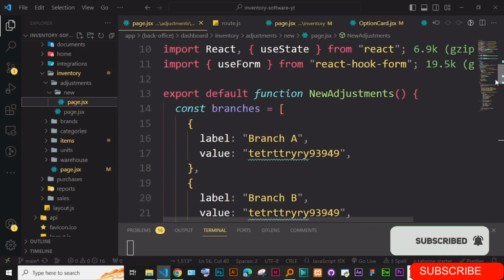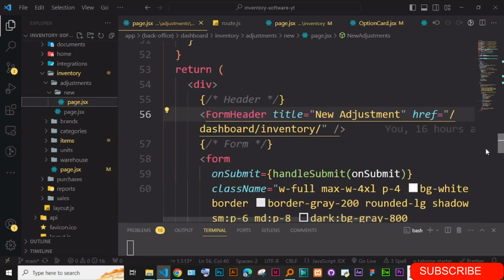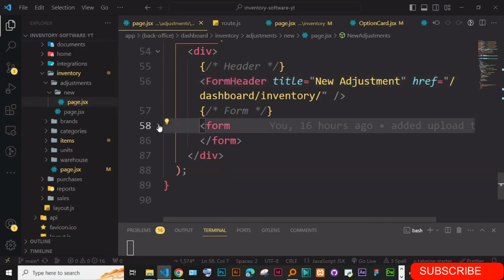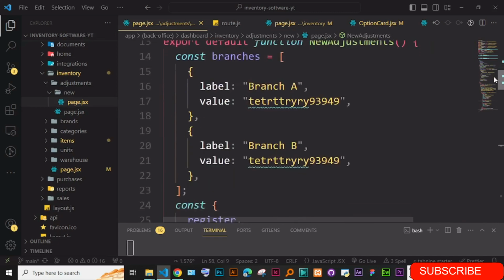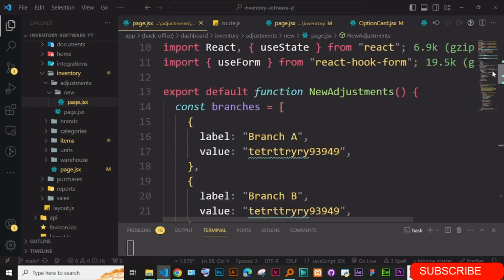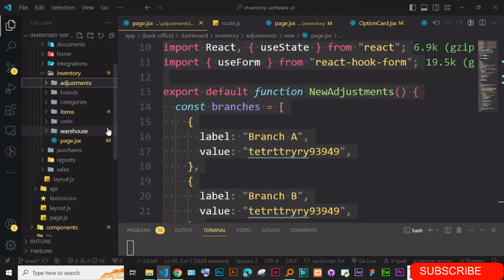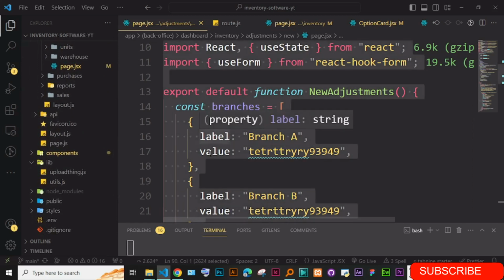So in this page where I have this form, I'm just going to transfer this into a component. Okay, I will transfer all this into a component. I can first copy this, Ctrl C, and let me just go to, and this one is for transferring stock,